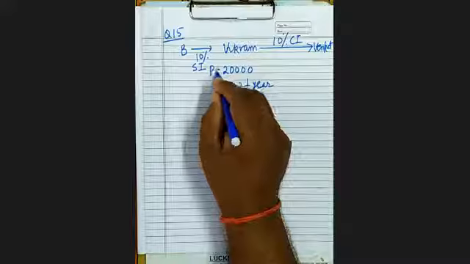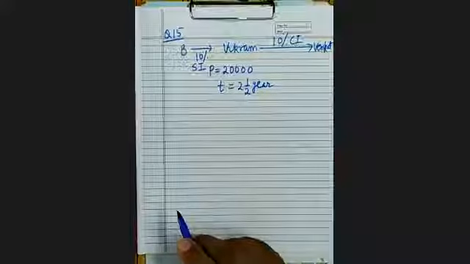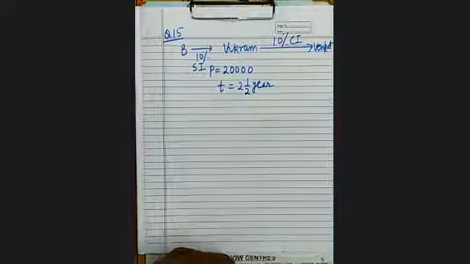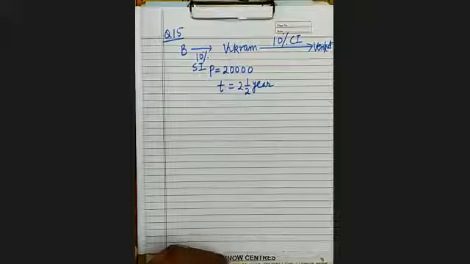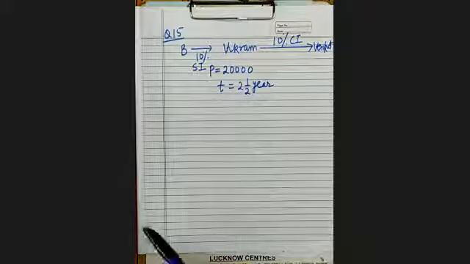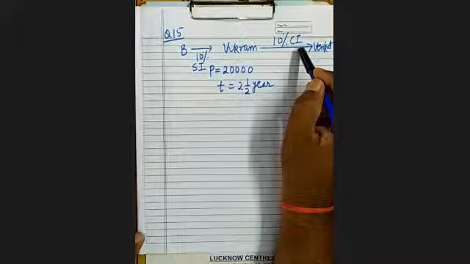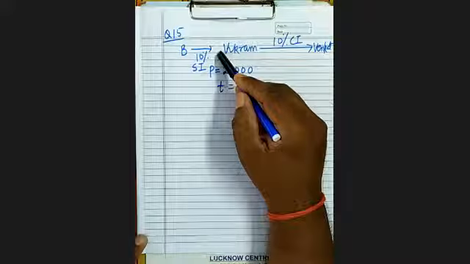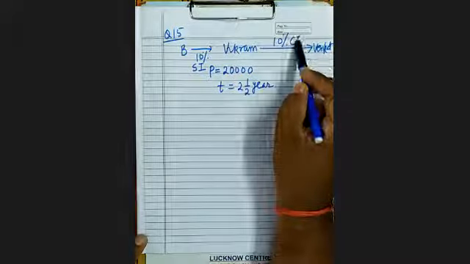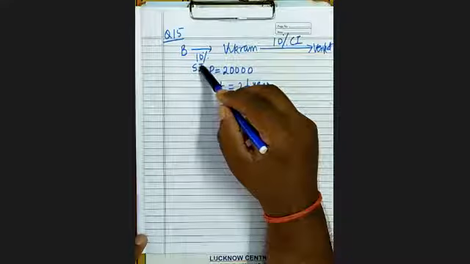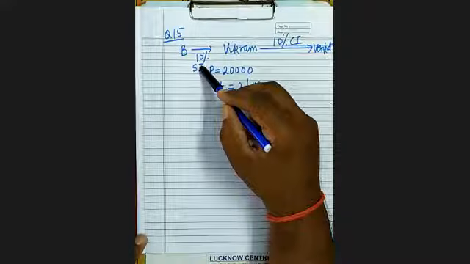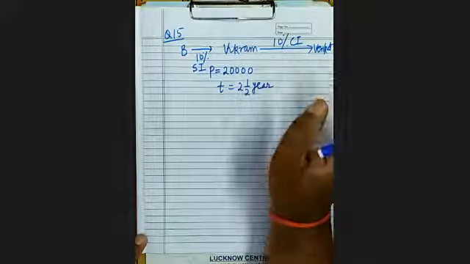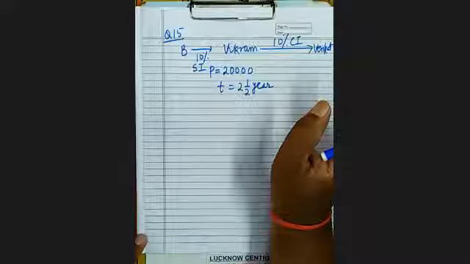What is the original sum? 20,000. Find his gain after 2 whole 1 upon 2 years. So see here, all of you see. If we calculate the CI and SI at the same rate for a